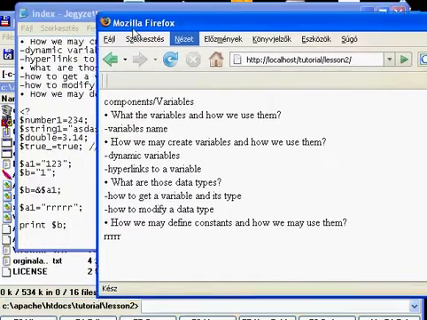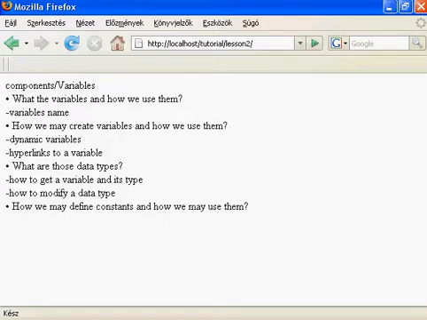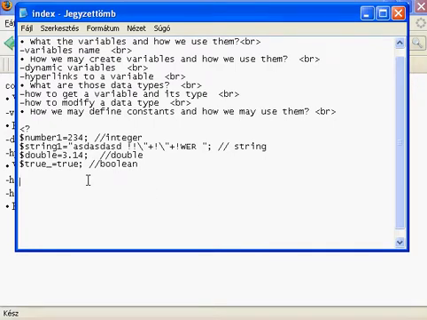Which is this. Is the hyperlinks, right? So let's go to this. What are those data types, and how could you get the variables type with getType function, and how could you modify data type with setType, right? So if you have these integer type, string type, and double variable and boolean, you could print its type with this method getType,